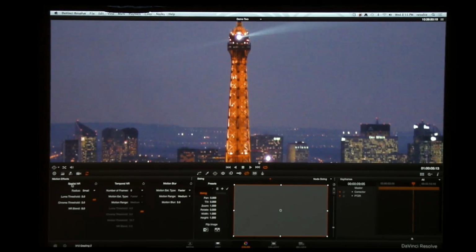Oh. And you're going to want this. Notice, we've now got spatial noise reduction, which we had previously, but we also now have temporal noise reduction. So I can set up a number of frames to average. I can set up a motion range to average. And now if I alter my threshold,